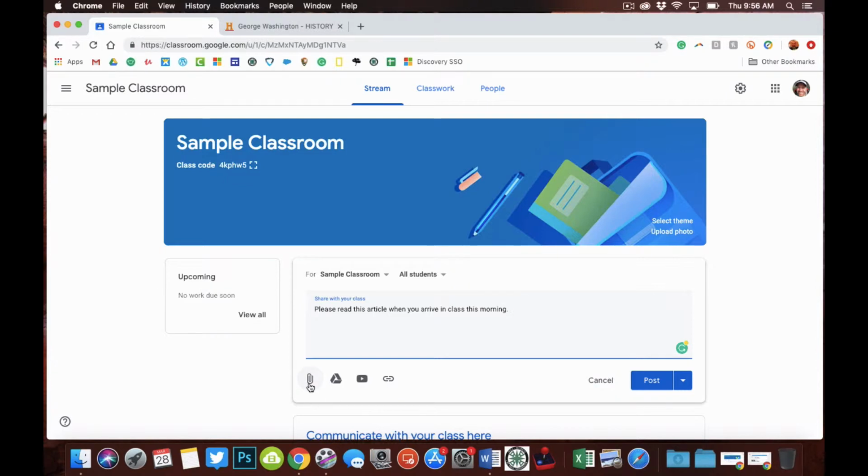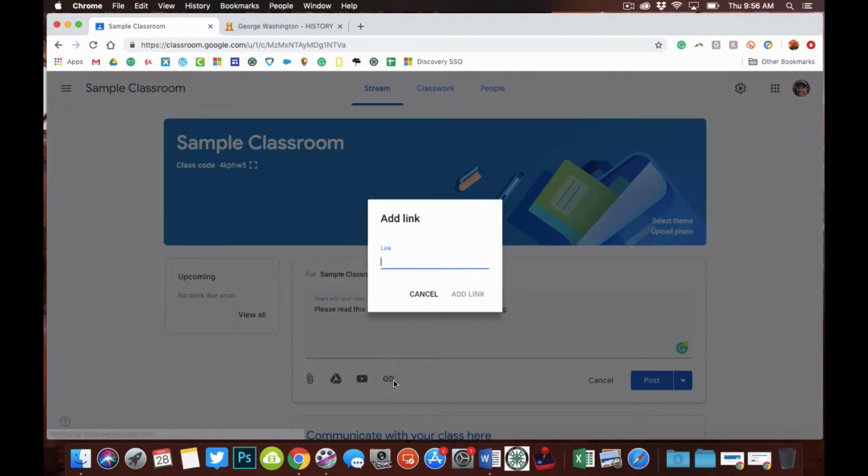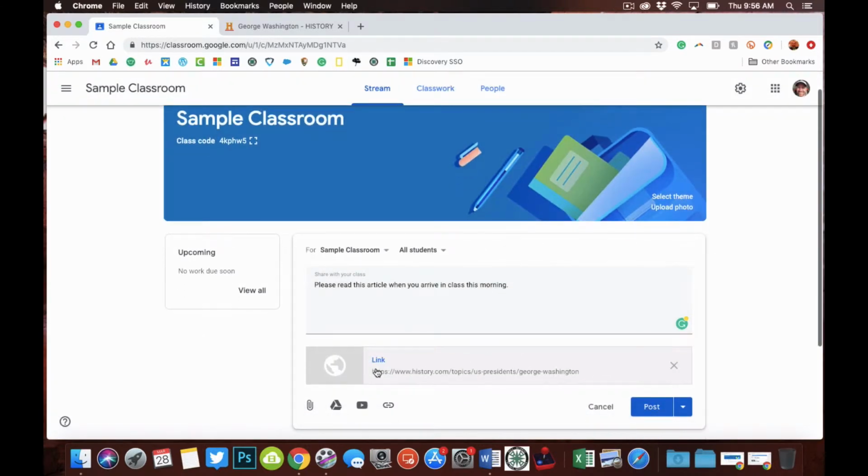I can go ahead and attach a file from the hard drive of my computer. I can attach a file from my Google Drive. I can attach a video from YouTube, or I can attach a link to some web page. In this case, I'm going to be attaching a link. So I click the link button, I go ahead and I hit paste, and I hit add link. And you'll see down here it added the link to the article that I want